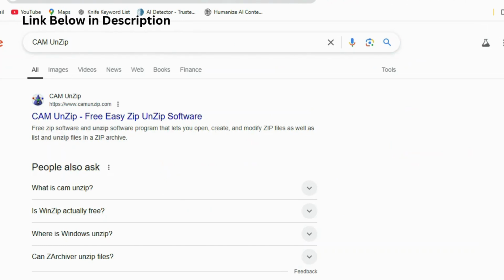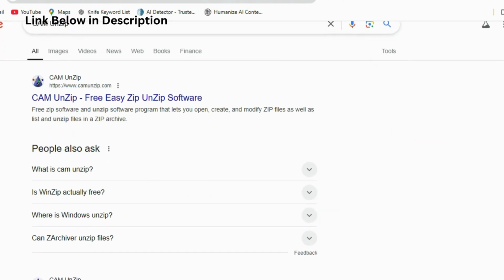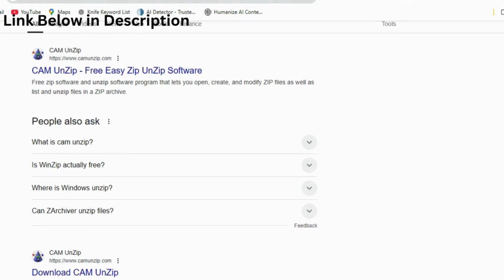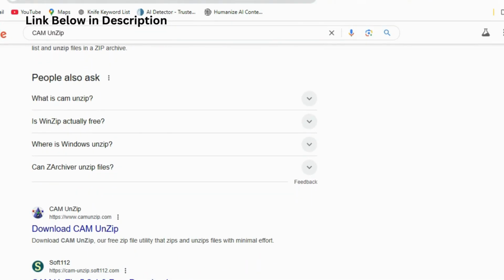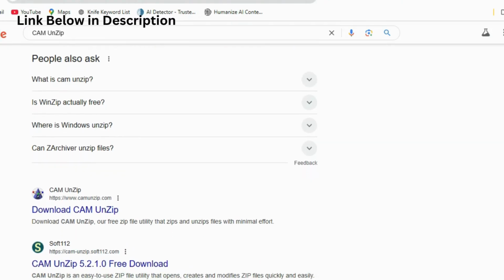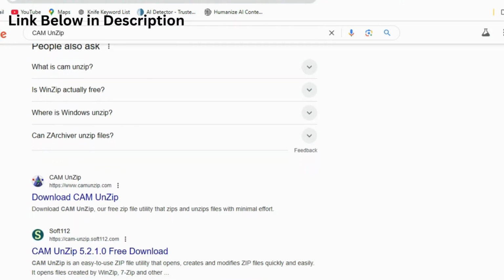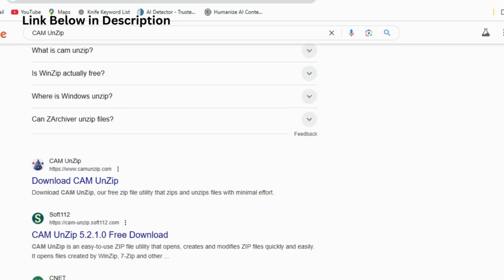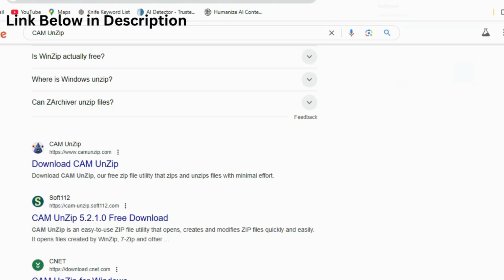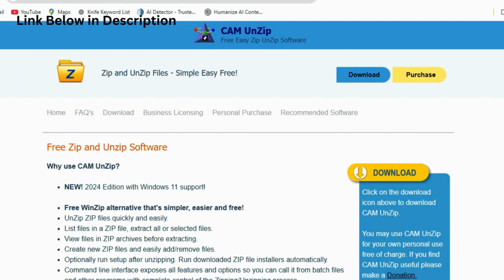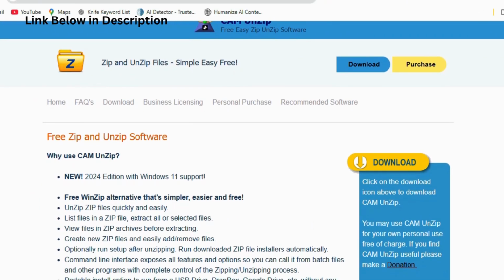CAM UnZip is a simple yet powerful file compression and extraction tool designed for users who need an efficient way to manage zip files. Developed with ease of use in mind, it provides all the essential features needed to create, open, and manage zip archives. Whether you're a novice or an experienced user, CAM UnZip offers an intuitive interface that makes handling compressed files straightforward